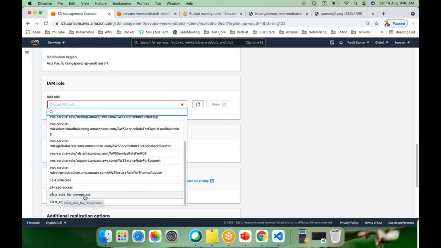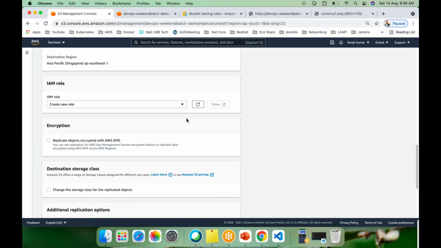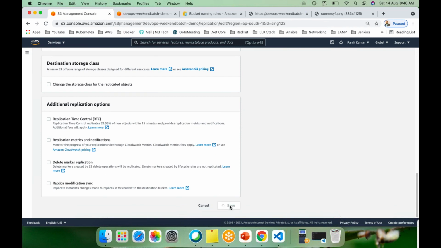Everything seems fine. Okay, but why is it failing? Let me remove this. Suppose I don't need any. I don't need anything else also. Save the changes. Okay, it is looking for a rule.